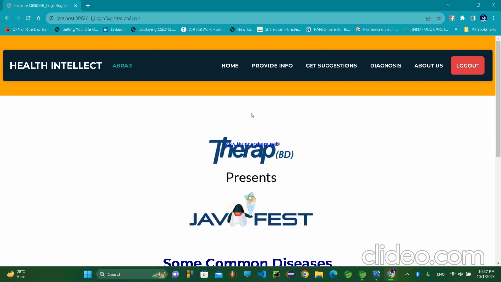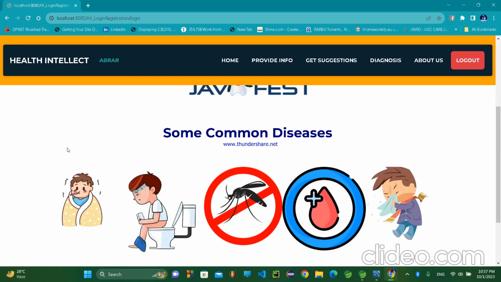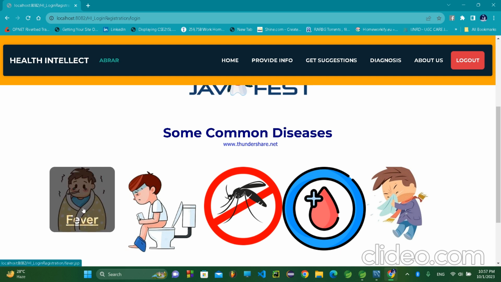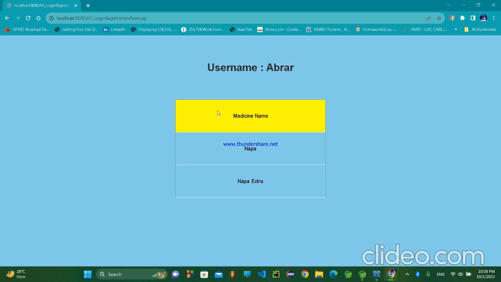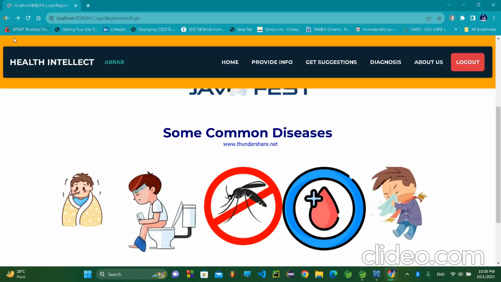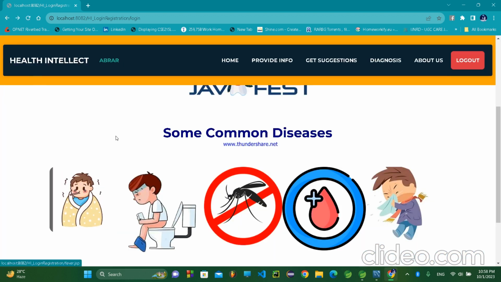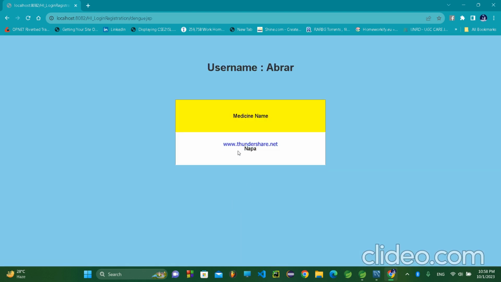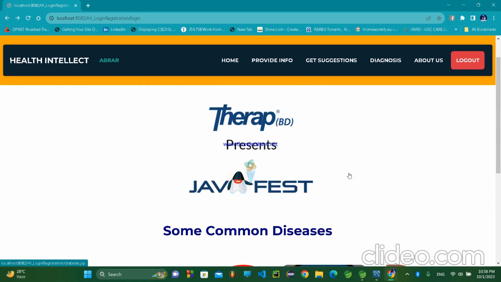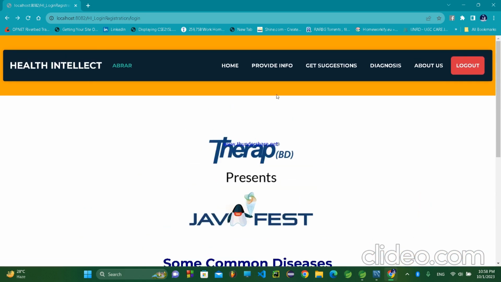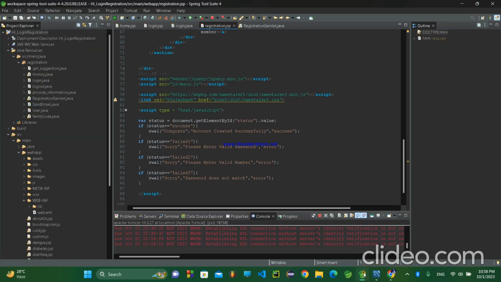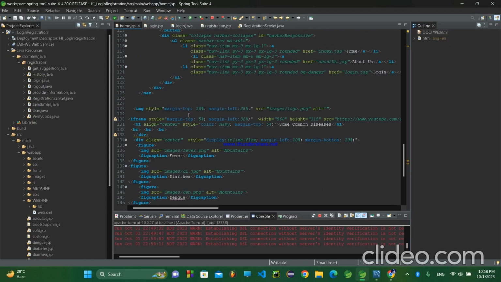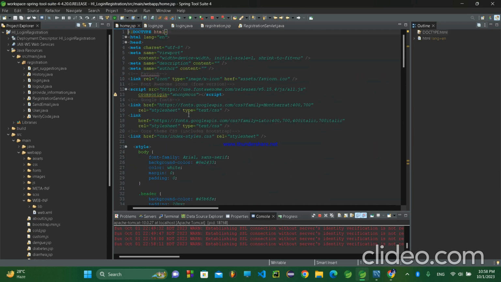This is our core features, and the registered user can also go to this and see the medicine for the designated disease. So you can see if I go to dengue, then it will show Napa, and the features will be demonstrated by my teammate, and I'm going to show you the source code of home, login